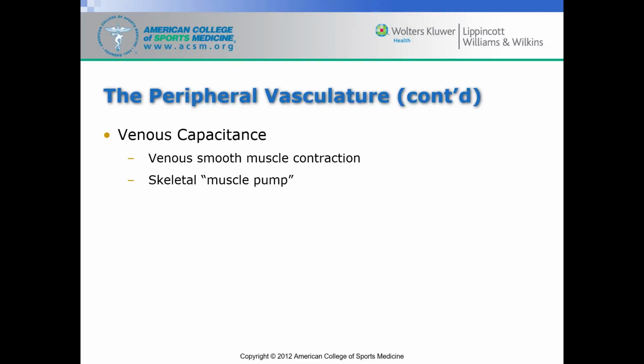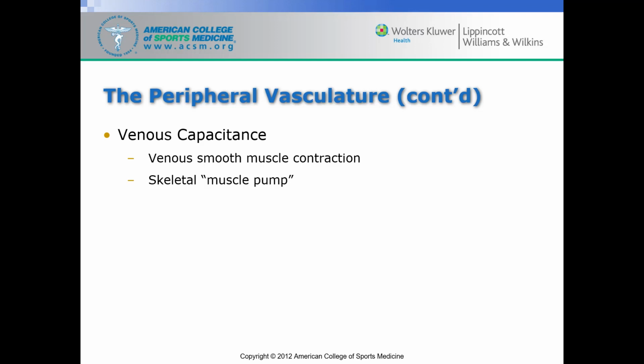Venous capacitance. Your veins are actually a reservoir for blood in your body, and you can control how much they hold or how much they send back into the arterial circulation because they have smooth muscle. And the smooth muscle around these veins can also contract. So when they contract, and this is typically due to sympathetic nervous system activity, the diameter gets smaller, so the total volume of the veins decreases, sending more blood back towards the heart